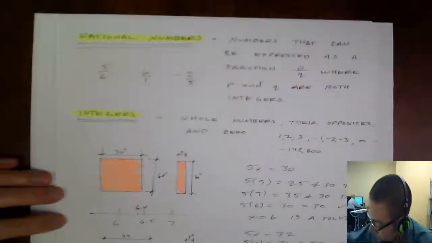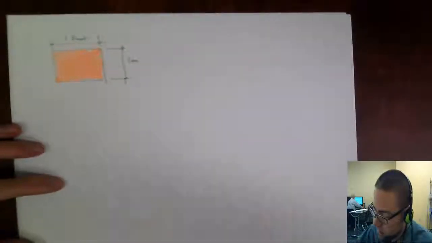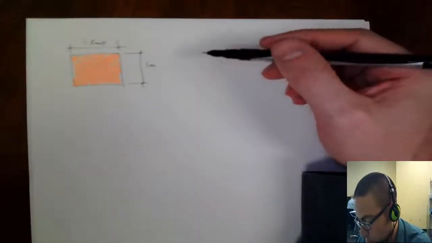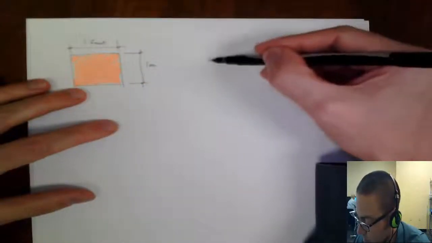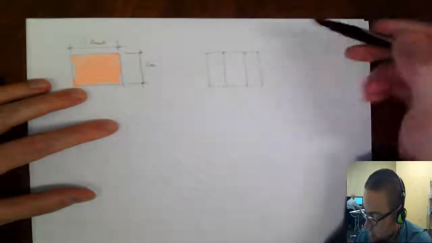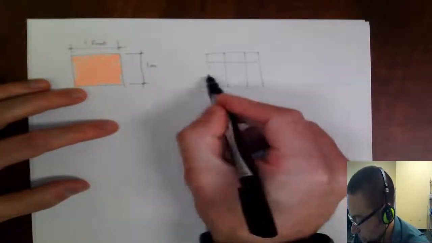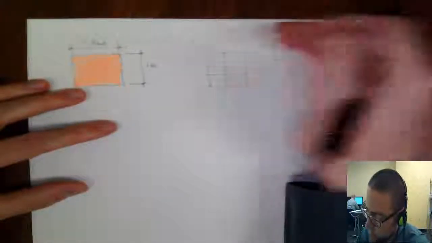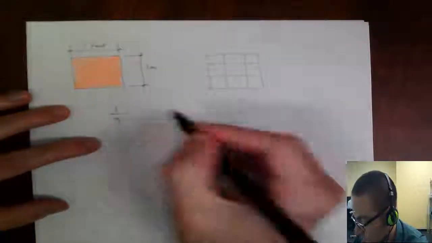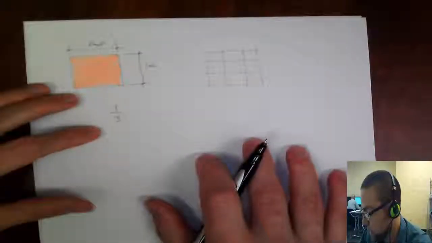Now, what happens when I have something like this? Take 1 foot, and now I want to split it up into 3 boards. So I'm going to take 1 foot and split it up into 3 boards. So 1 foot, and now I'm going to divide it by 3. How much of a foot is that? Okay, as a decimal now,